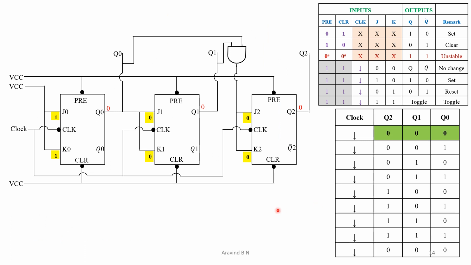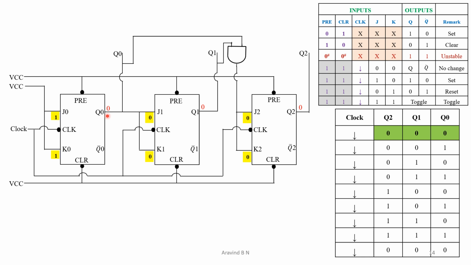Now let us understand how this synchronous counter is going to work. I'm not going to explain each of the values in the truth table. I'll just explain 1 or 2 values, because as we keep moving in the synchronous counter it may cause a little bit of confusion. Therefore, to avoid the confusion, I'm just going to explain the first 1 or 2 values.